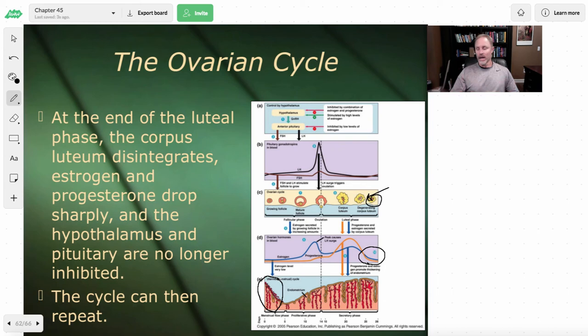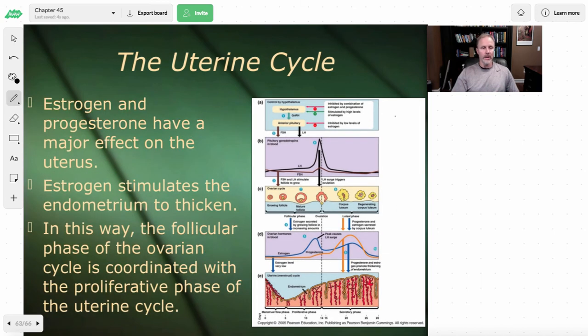And those estrogen and progesterone levels that are dropping are kind of taking the brakes off, so to speak, the GnRH release. So now, as those drop, the hypothalamus will release GnRH, which will cause the anterior pituitary to release FSH and LH, and that's what's going to cause this cycle to repeat itself. Okay, so